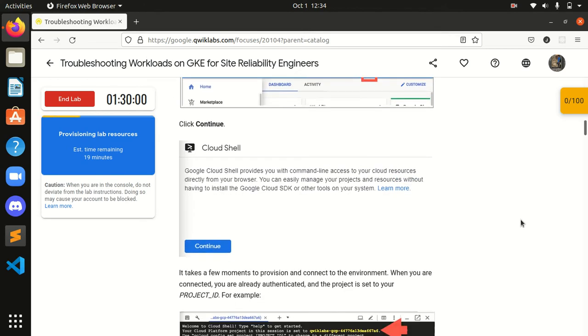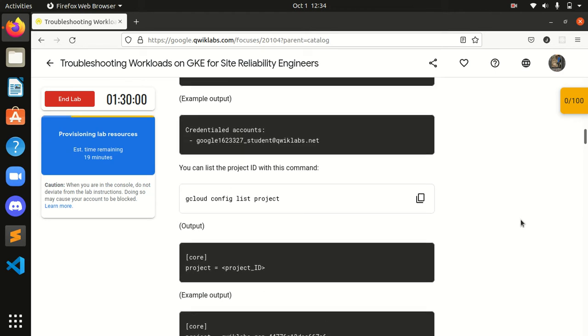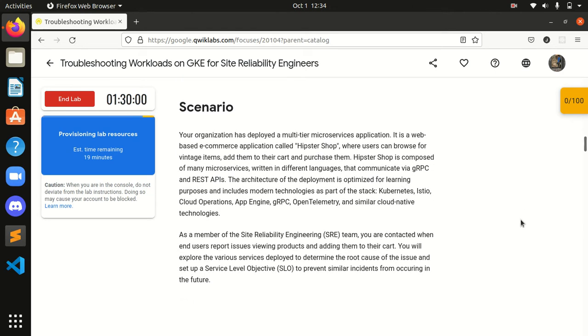Okay, let's see the scenario. Your organization has deployed a multi-tier microservices application. It is a wallet-based e-commerce application called Hipster Shop, where users can browse for vintage items, add them to their cart, and purchase them.